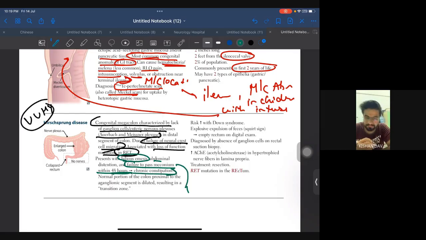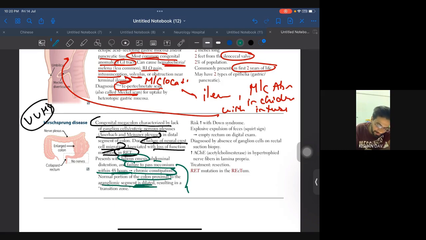Now, what is meconium? Can anyone tell me what is meconium? We have discussed this in respiratory. First stool, which is passed by the infant. Perfect. So failure to pass meconium within 48 hours, it is not happening. So it is a constipation, and then normal portion of colon proximal to the aganglionic segment is